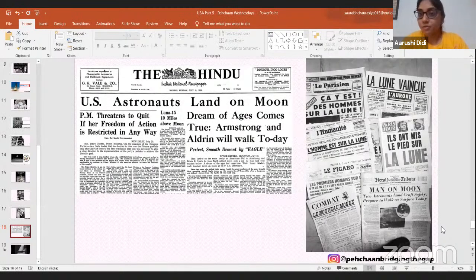Oh, it was a much smaller class. Okay. With this, we come to an end. But we need to understand that this celebration happened because everybody was very happy and ecstatic. Why? Because just before this incident, there were two big wars, World War One and World War Two, which brought a lot of destruction and grief and pain and loss to everybody around the world. Everybody had lost hope in mankind. Nobody knew when we are going to go back to normal, if we are ever going to go back to normal. Are we always going to keep fighting with each other? That's how Cold War came to be, because there was still tension between countries.